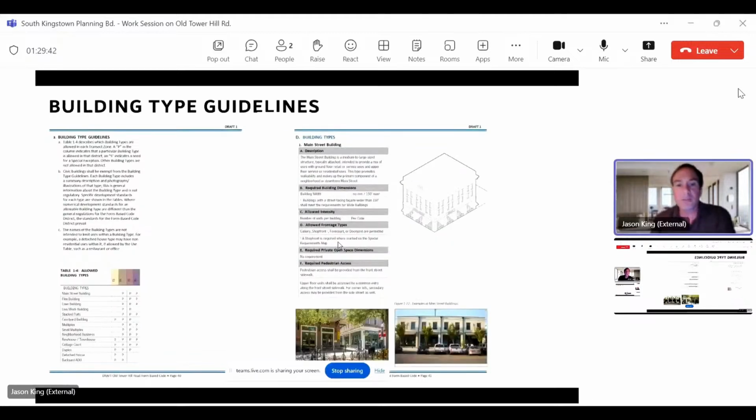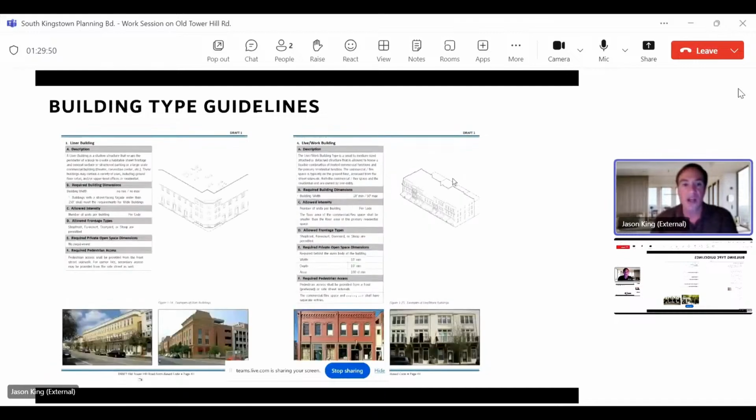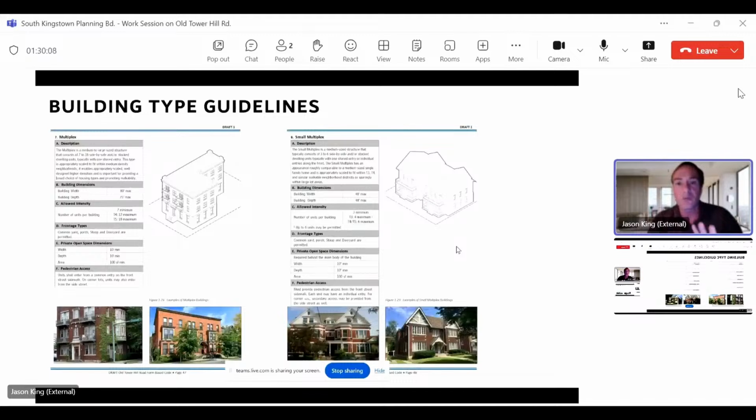These are the building type guidelines. So, these are building types. Now I show a traditional style because it kind of makes sense, but these styles are not required. We're concerned with form, and we don't just want boxes. We want these buildings to have a specific kind of identity and a specific use. The building type guidelines are about the building types people are building. They're building missing middle building types. We're telling them how to build multiplexes, small multiplexes and mid-sized multiplexes.